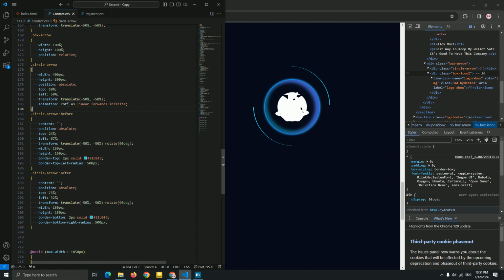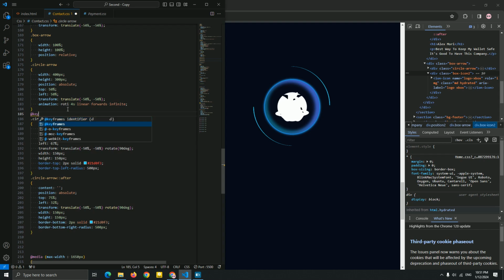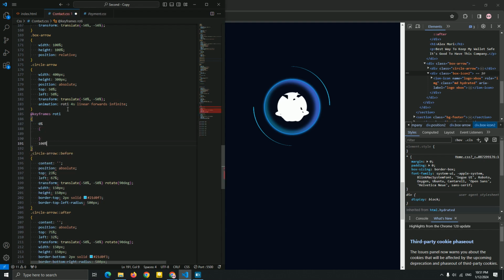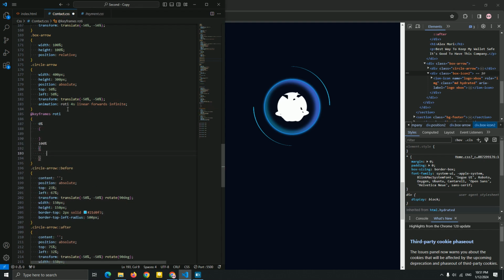Now let's go add animation. So just like I added this routine, I'm gonna add the keyframes for this animation. Keyframes routine, as always we name it for the website, 0% and 100%. Okay, let me add the transform, translate, and add the rotate for this. So rotate 0 degree at 0%, and at 100% rotate minus 360 degree.